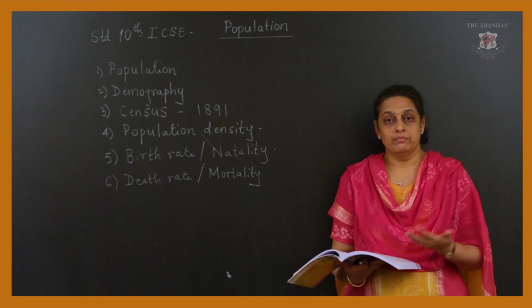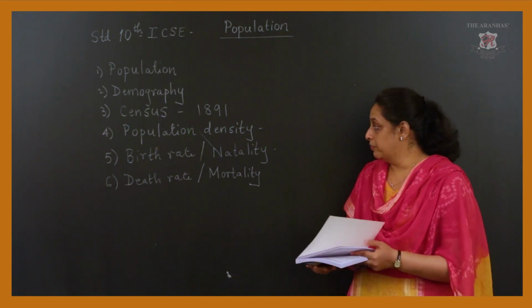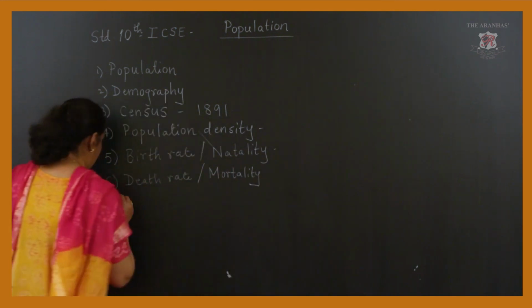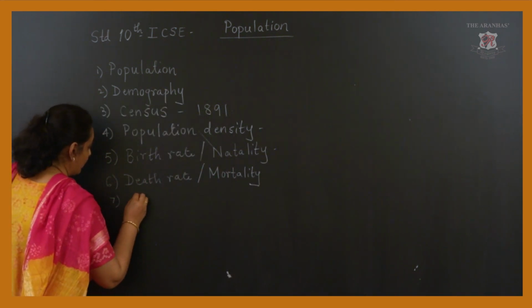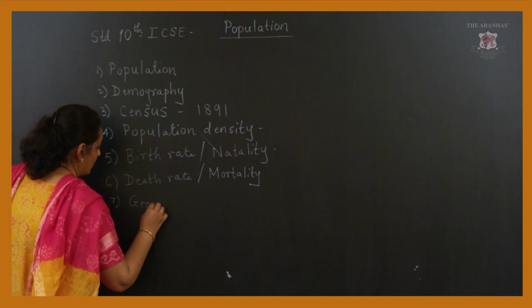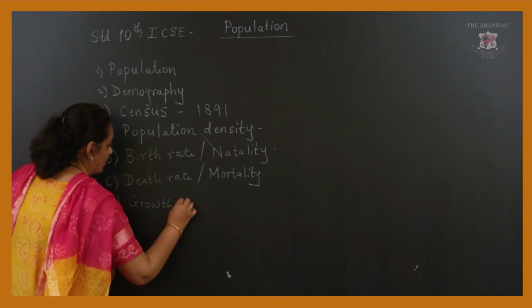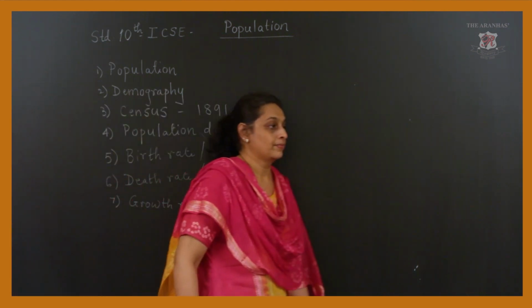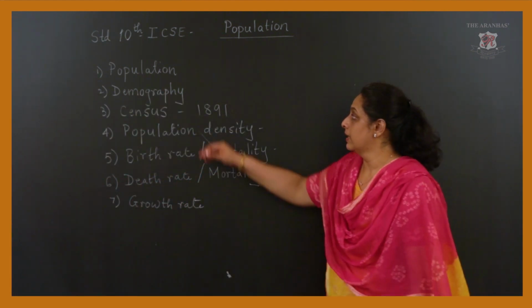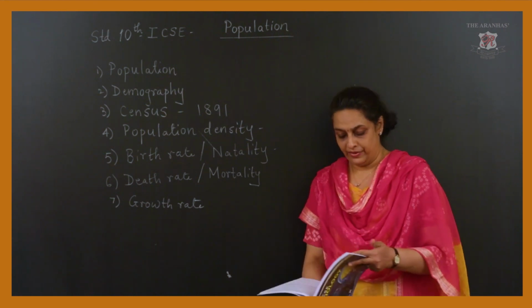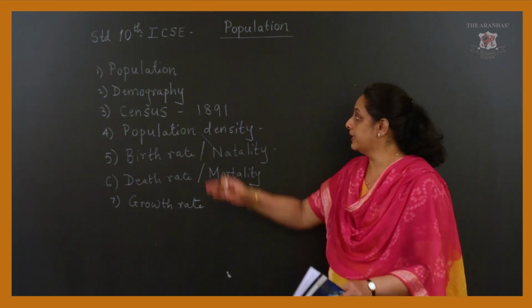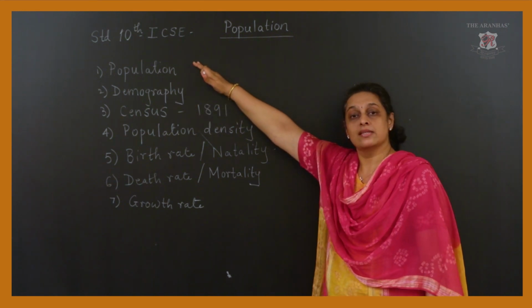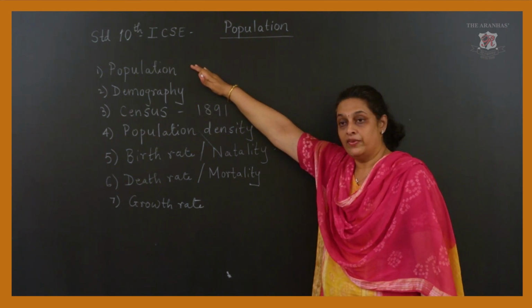And in connection with birth rate and death rate, we have also discussed the concept of growth rate. Okay. So, in the first part we have dealt with all these concepts, as population means number of individuals